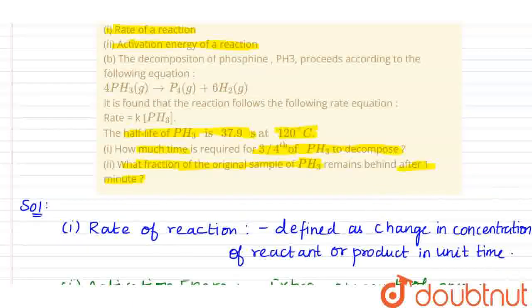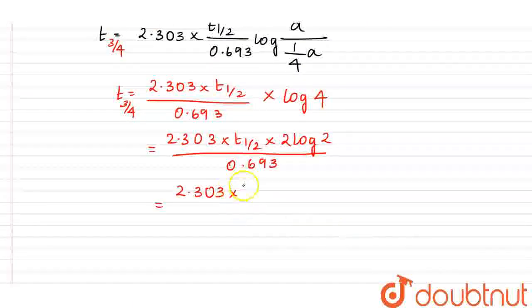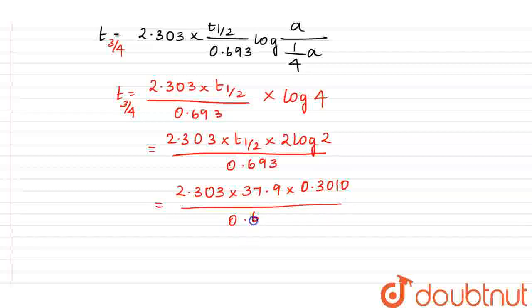So 37.9 into 2 log 2, which is 0.3010, divided by 0.693, as T half is equal to 37.9 seconds. So the next is T3 by 4 is equal to